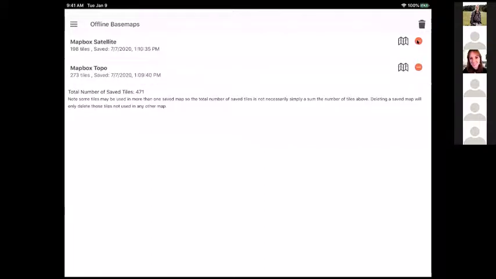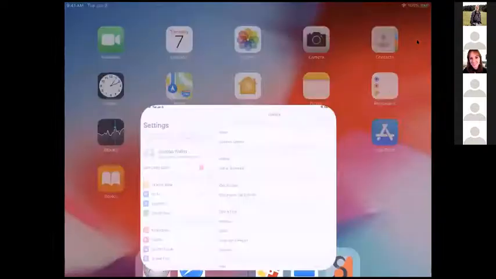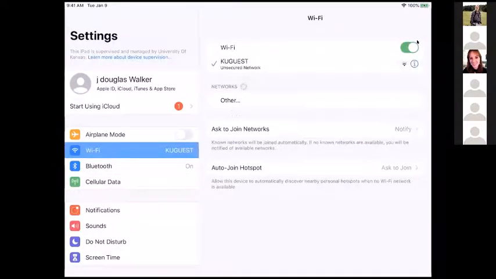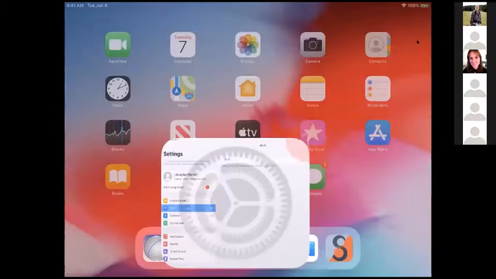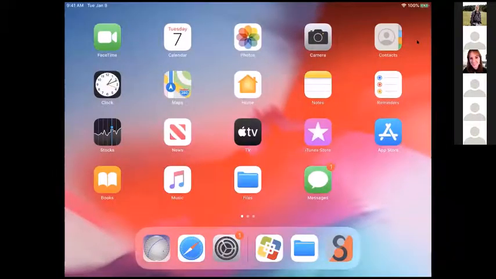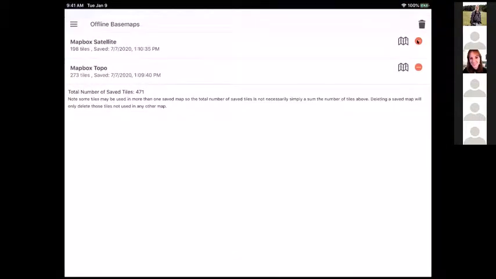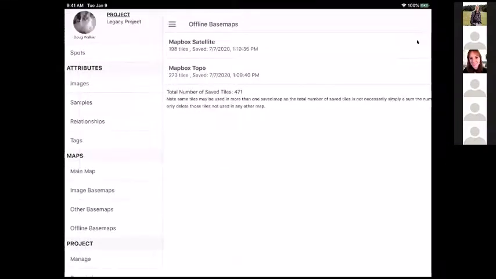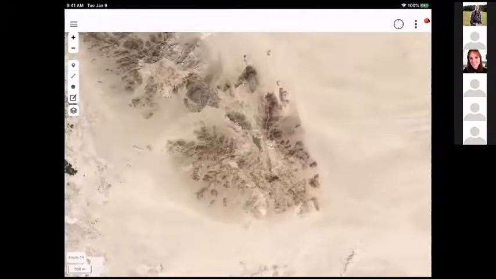So now let me go offline. I'm going to turn the Wi-Fi off. And I will go back into Strabo. And now if I go to the main map, you can see the circle in the upper right here is red and means I'm no longer online, but since I had downloaded the Mapbox satellite, we see a nice image here.